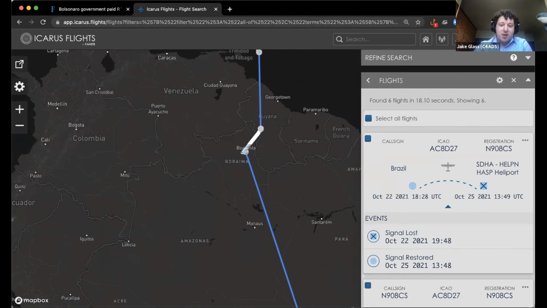This is Icarus Flights. It's a very powerful tool, and we have a waiting list to get access to it. So if you put your name down there and your organization, we are rolling out access to it over time as we improve the tool, as we scale up. And we're very excited to have all of you involved in this